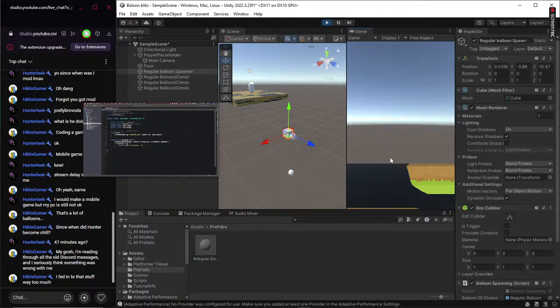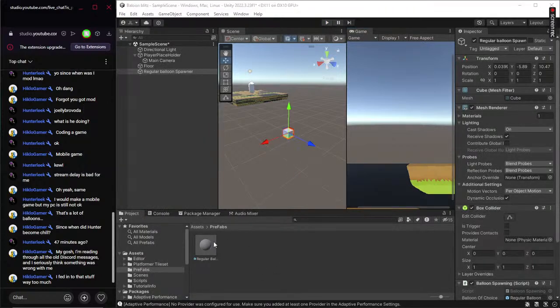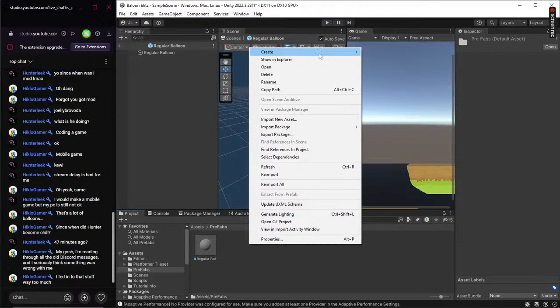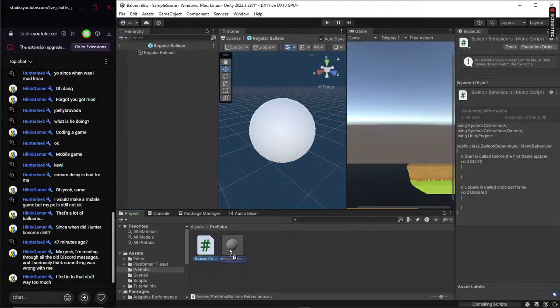So there spawned 1, there spawns another, and another, and another. This is perfect. It works perfectly. It actually works amazing. So I'm going to go into this prefab. I'm going to create a C# script and name it balloon behaviors. I don't think that's how you spell balloon behaviors, but